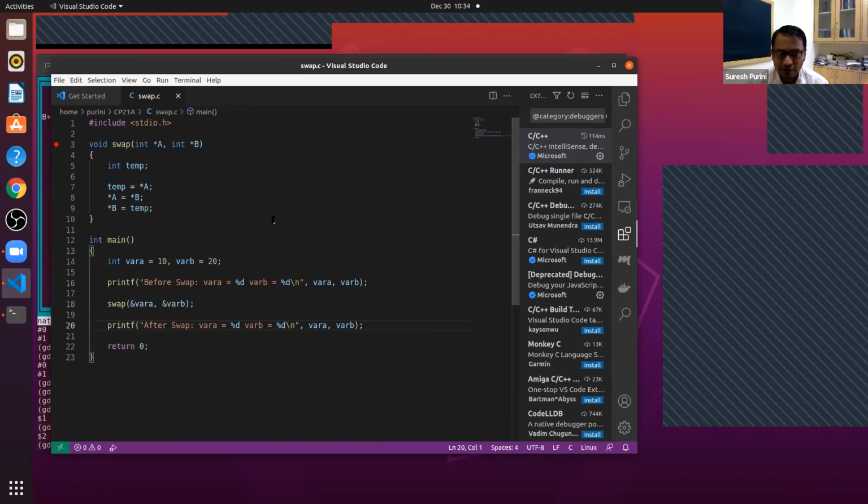There is no call by reference at all in the C programming language. There is only call by value, but the effect that we want to get, we obtain by passing addresses.